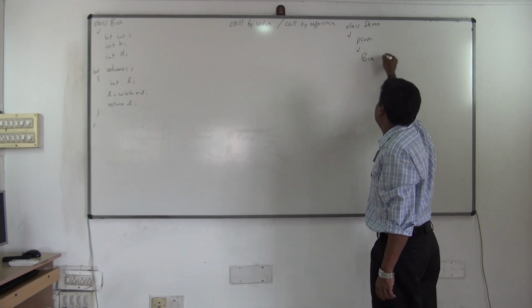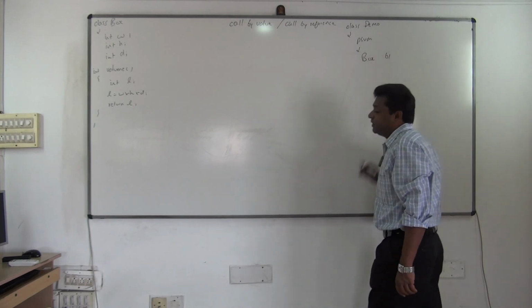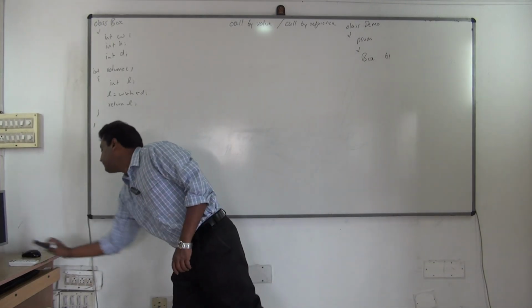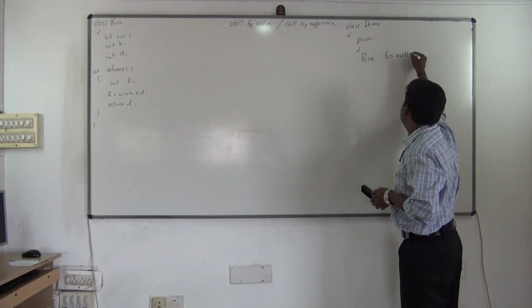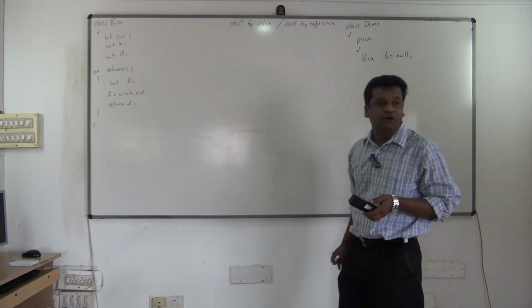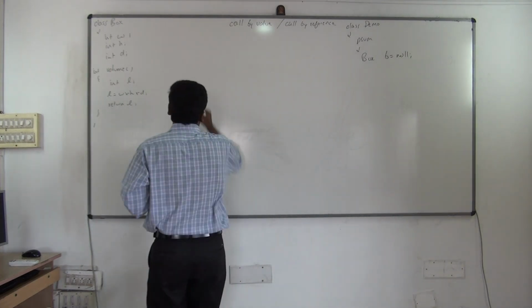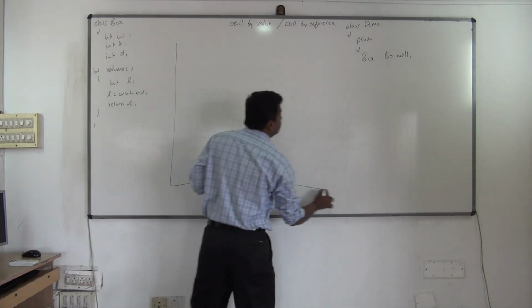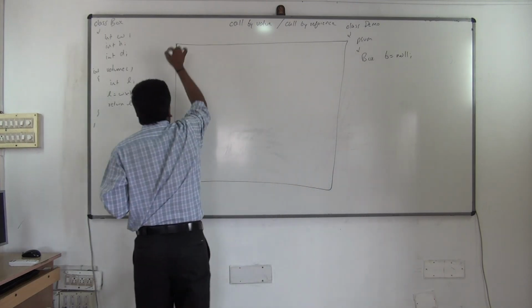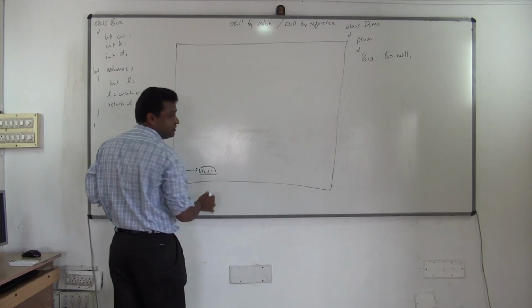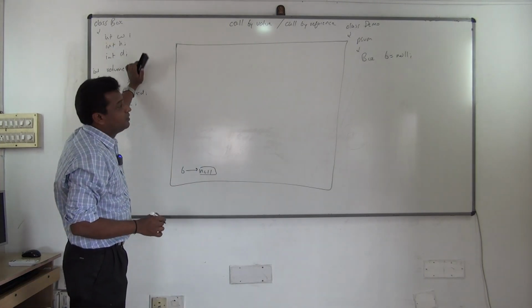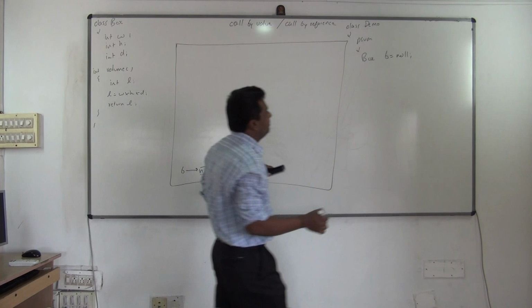See, Box B, I'll take. Box B is equal to null. What happens now? This is your JVM. Null value is there. B is now referring to null. So now what will I do? I'll say B is equal to